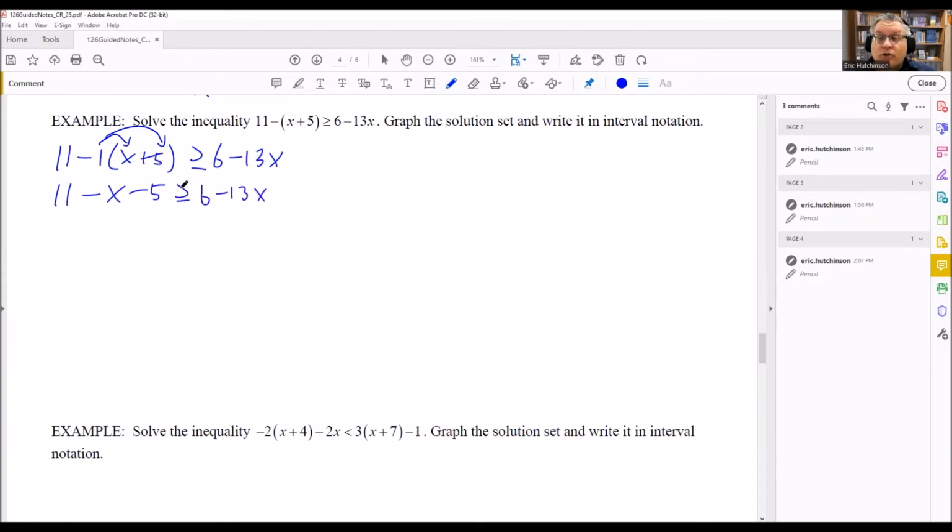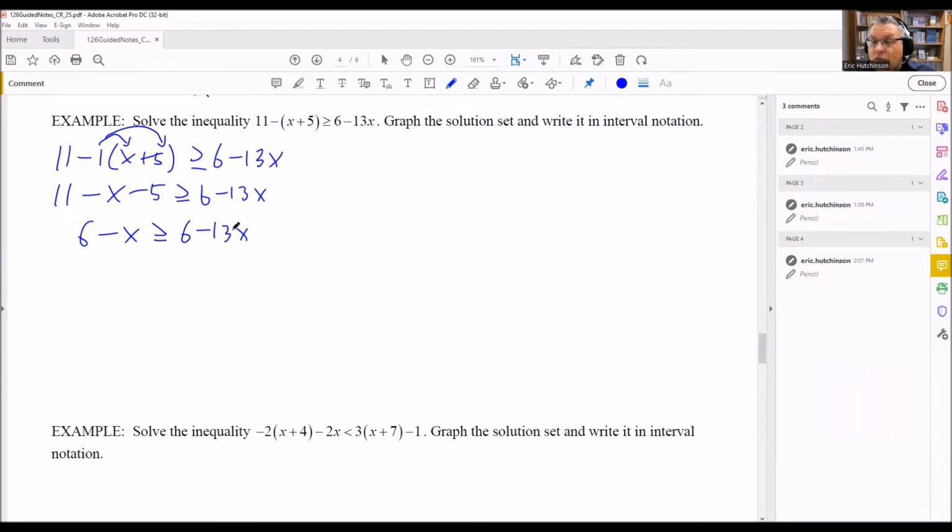The next step is we need to clean up the left-hand side. So on the left-hand side, we've got 11 minus 5, that's 6. So we'll simplify the left-hand side, add the like terms. Okay, so now we have that. Next thing is we notice that there is the